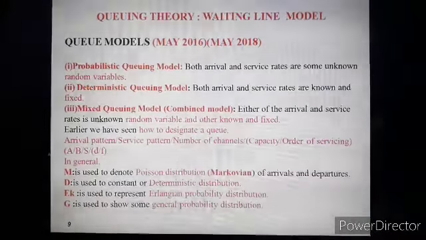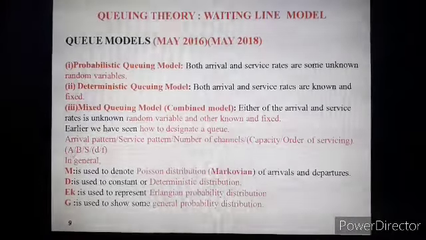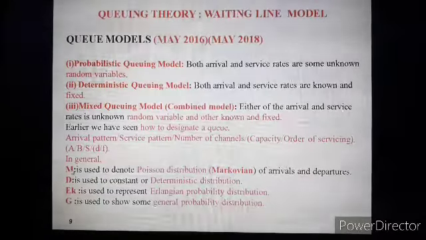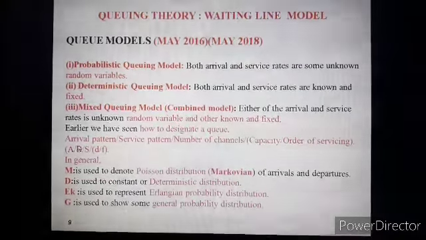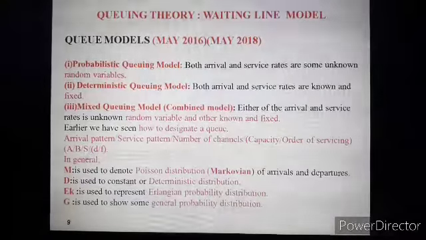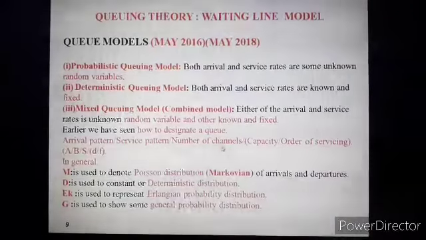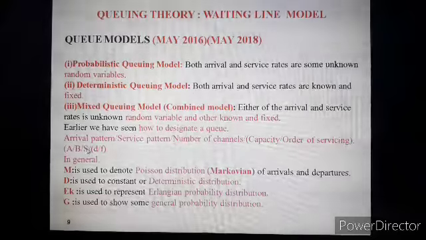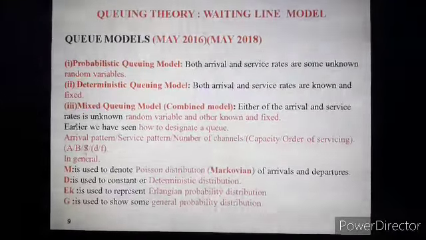Now instead of this capital A we can take capital M also. So the arrival pattern we can also define by capital M, because yesterday we defined this capital M as the Poisson distribution of arrivals and departure pattern. Then this capital B also we can replace by capital M. Then this capital S we can replace by capital C. S stands for service, that is the number of channels. So instead of S we can refer here to capital C, which stands for the number of channels, because our system may be single channel or it may have more than one channel, it may be multi-channel.